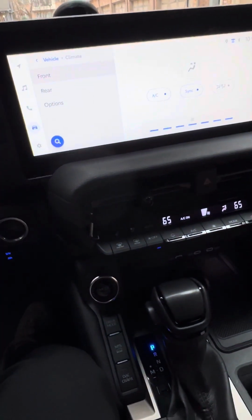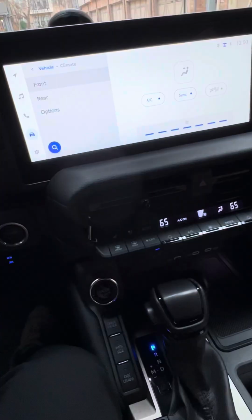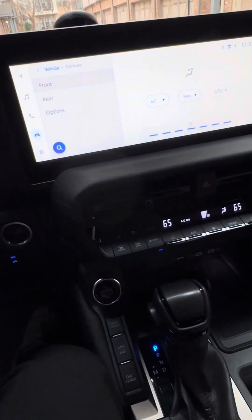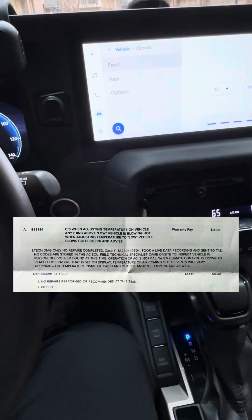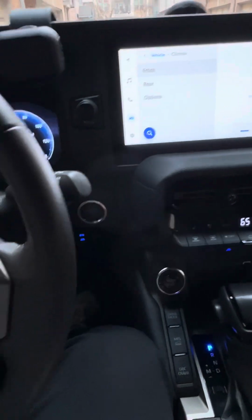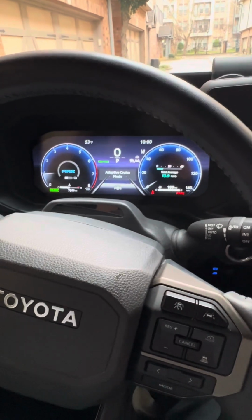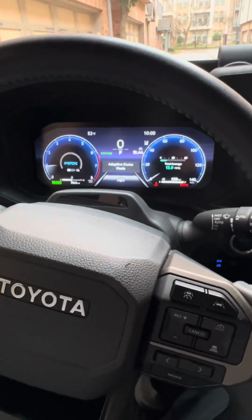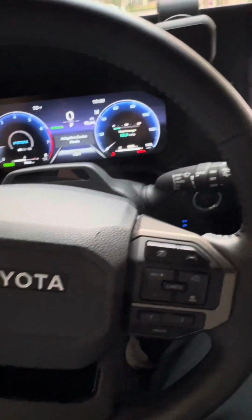I don't know what to do. I'll post my repair notes from the dealership, what the field service technician said. But let me know if you guys are having the same issue, because this is just unacceptable. I think I'm going to have to get rid of this car, as much as I hate to do it, just because I love the way it looks. I love the design of it, but I need